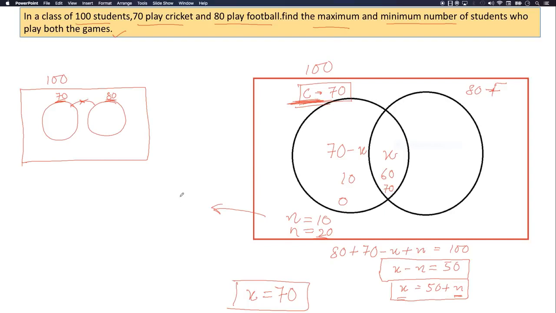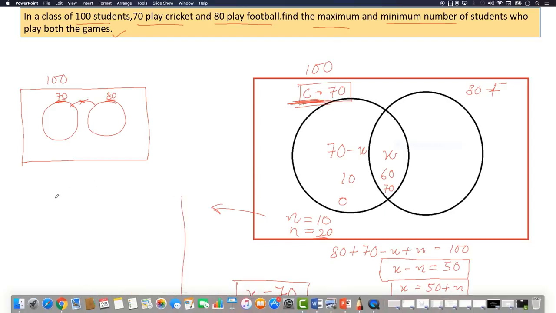And we can also solve this question using equations, as we have seen in the previous slide. So if we try using equations, what would S equal? S is nothing but the summation of individual instances, that is 70 plus 80, which is 150, and this S equals exactly 1 plus 2 times exactly 2.